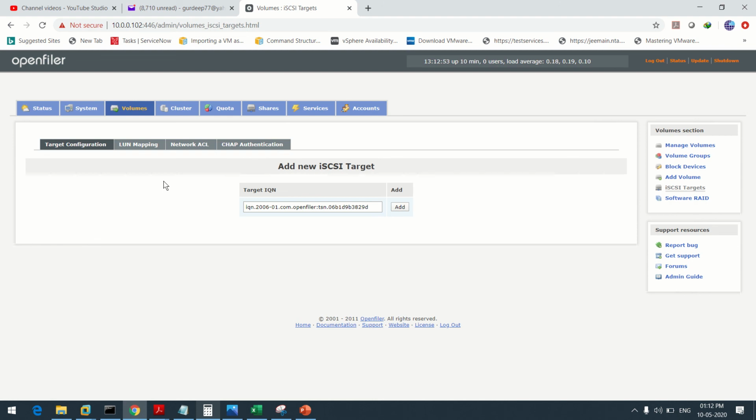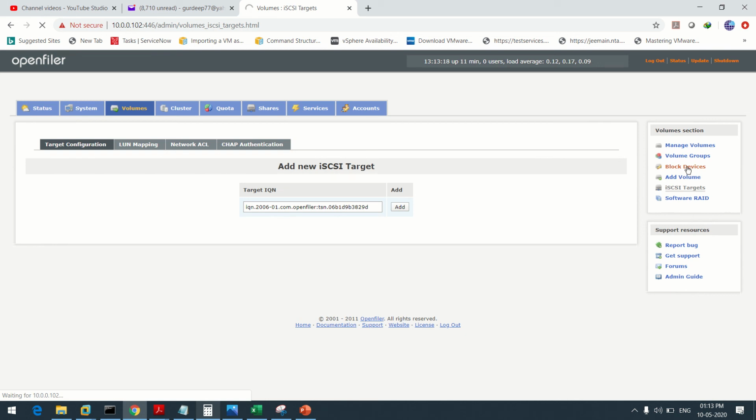So my ESXi host is going to fetch this IQN number to get all the volumes. So now first of all we are going to give the LUN numbers. So now go to block devices.